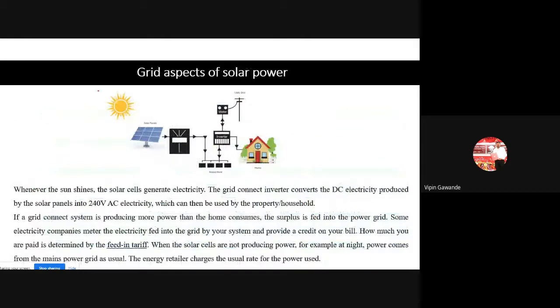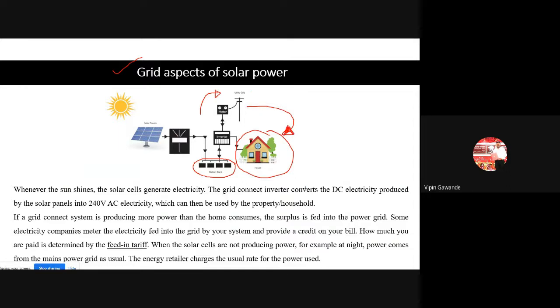Now, the last point from this chapter is the grid aspect of solar power. We have already seen the different components of the PV solar system. Now, we directly go to the energy. Suppose during the daytime, whatever energy is generated by the PV solar system is sufficient. We can use it in two ways. Some part of the energy can be used for running the appliances in the home. If we have extra energy, then we can supply that extra energy to the grid. Now during night time, if the storage is not sufficient, then we can borrow electricity from the grid also. Okay, so that is possible.